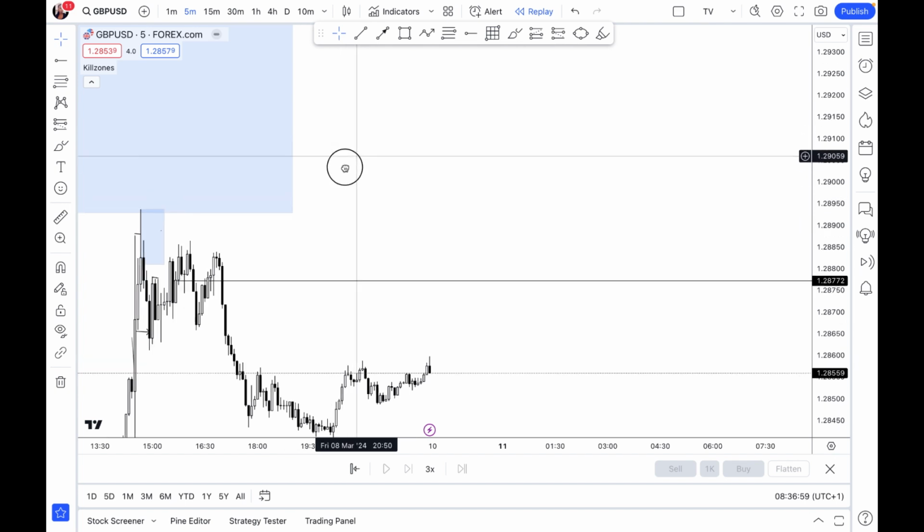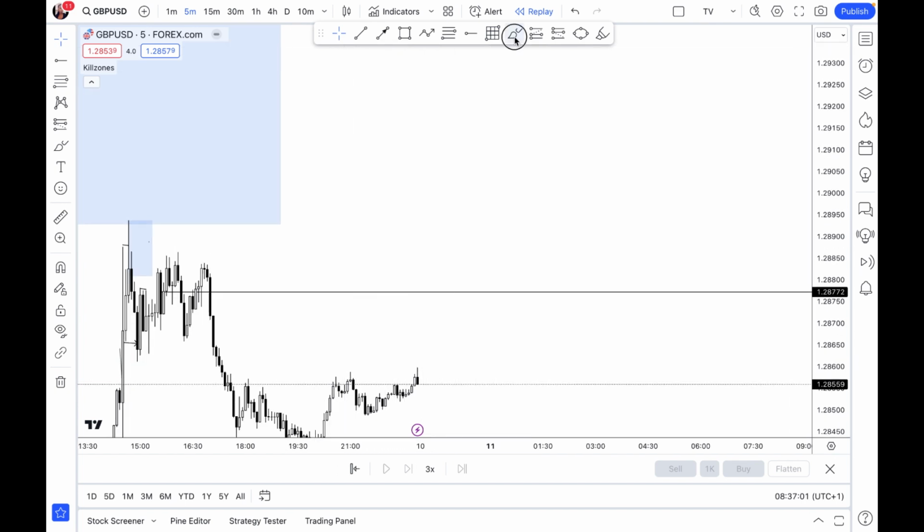I explained in detail how you should be risking properly, so that when your zones do not hold, you will not be blowing your account, or you will not even care when you have losses, okay? Because it will just be a fraction of your account that is being taken out.